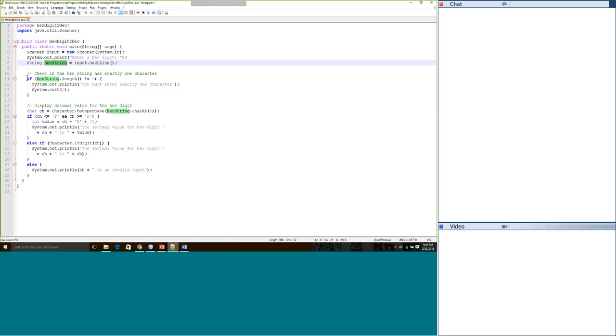First thing I'm doing is check to see if the hex string has exactly one character. Well, the way to do that is to ask the question if hexString.length is not equal to 1. If it's not equal to 1, then I have bad input, and I'm going to put that out. System.out.println, you must enter exactly one character, and I exit my program with a return code of 1. And my program ends. But in my case, I put in a character C, so